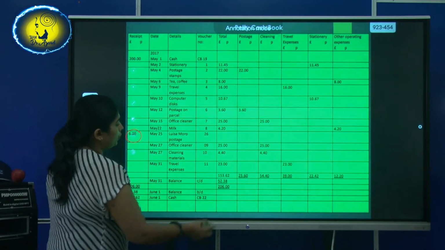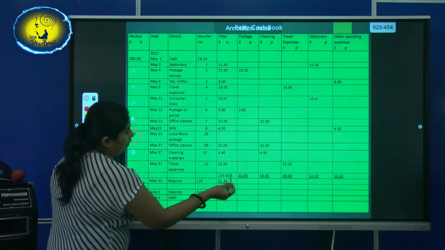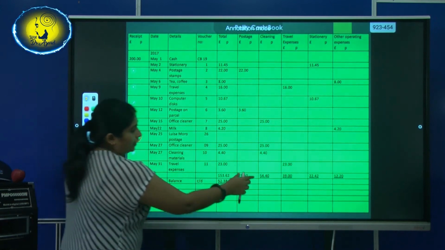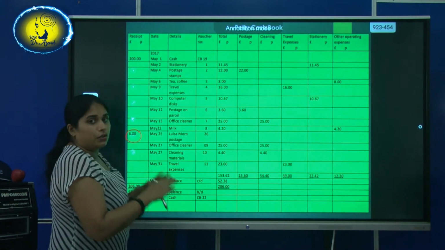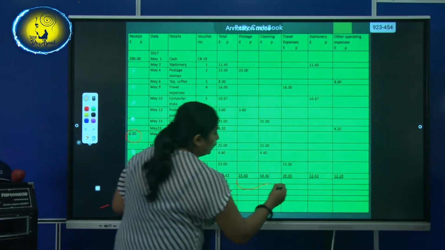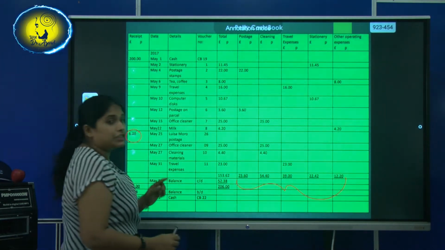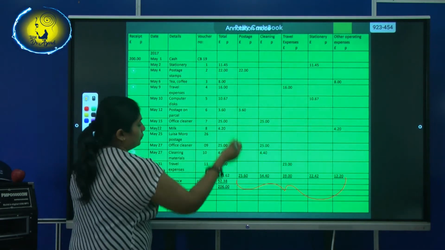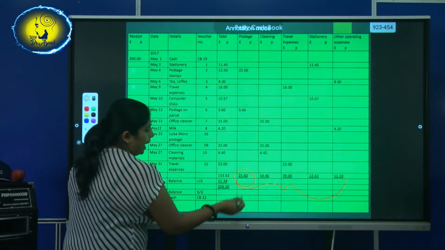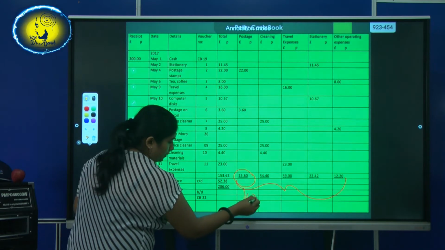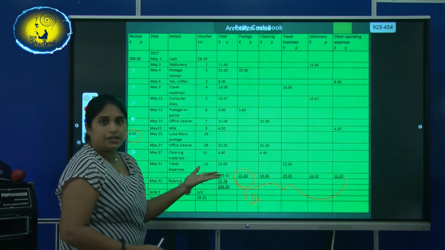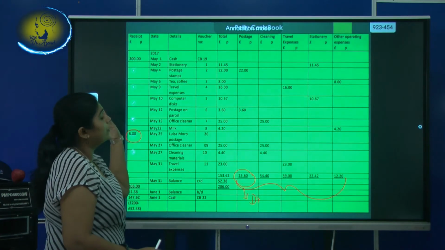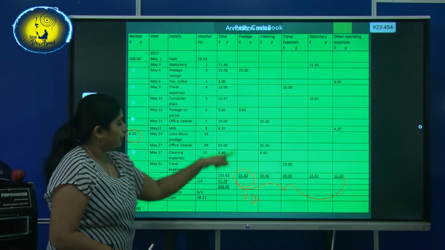First, you can balance the total and the specific analysis columns. But the analysis columns will be closed down and these balances will be debited to each and every T account or ledger account. That means you have to open a postage account and this amount will be debited, because here we have recorded it on the credit side. So the debit entry, as a group, we will record on the debit side of the